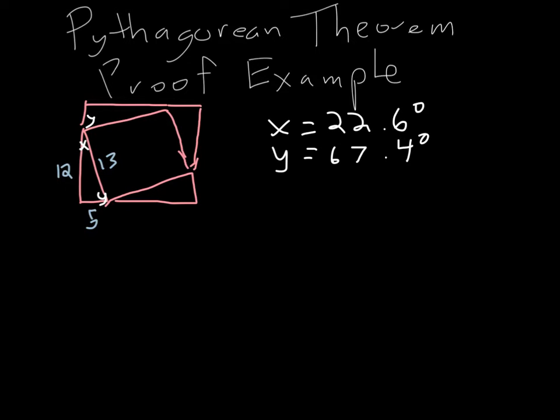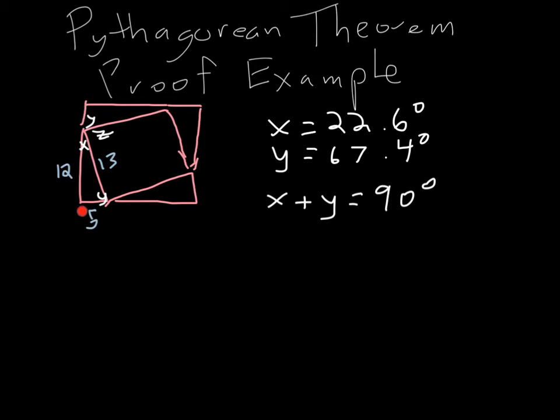And we can check that x plus y, the measures of those angles, is 90 degrees. So the measure of the angle in here, we'll call it z, has to be 90 degrees as well, since